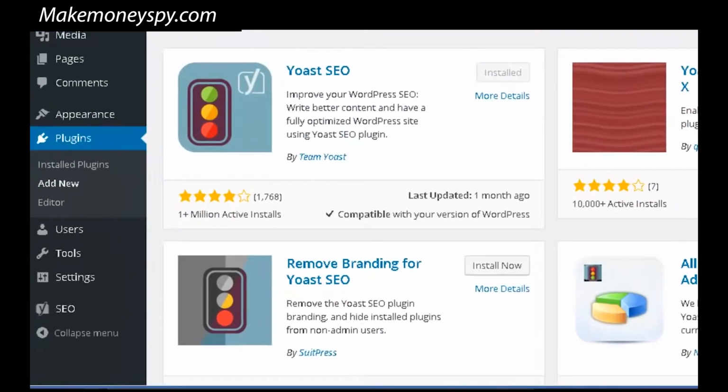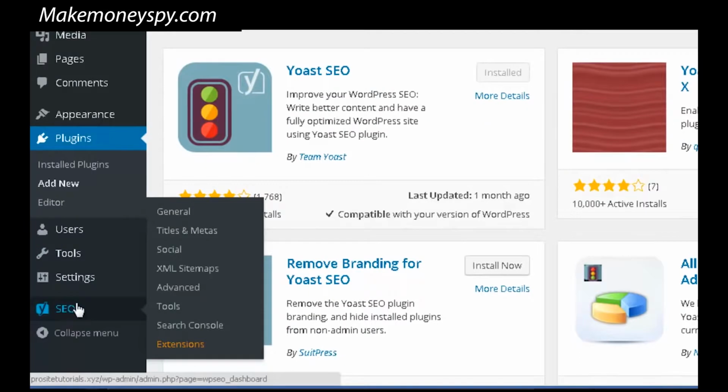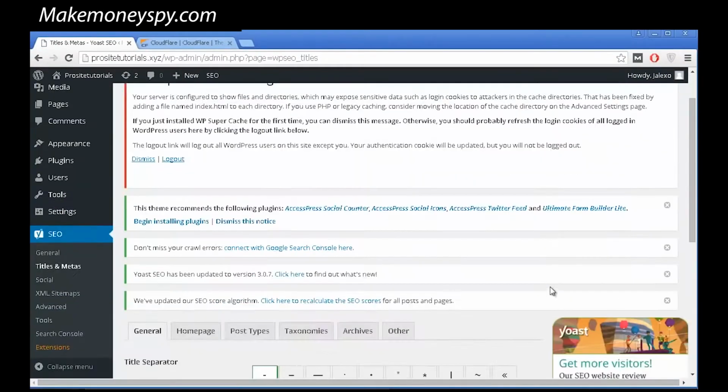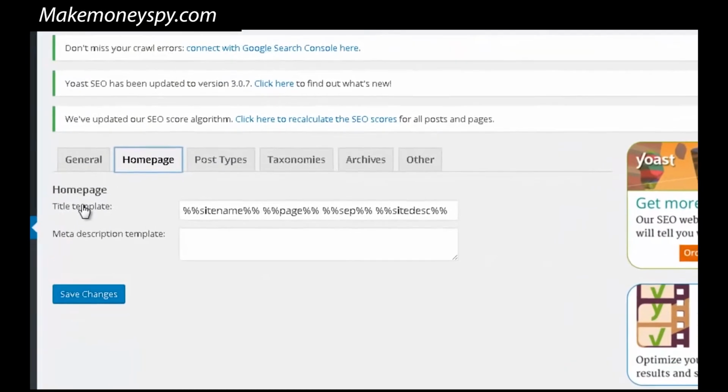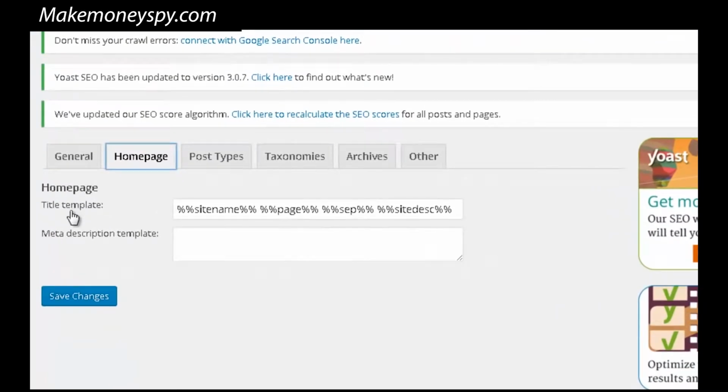Then you can see that a new section will appear on your sidebar. And you want to go to this section because the first thing that you always want to do is simply optimize the front page of your website. So you go to SEO and you click on titles and metas. On titles and metas, you want to go to homepage, and you can see that once you go to homepage,